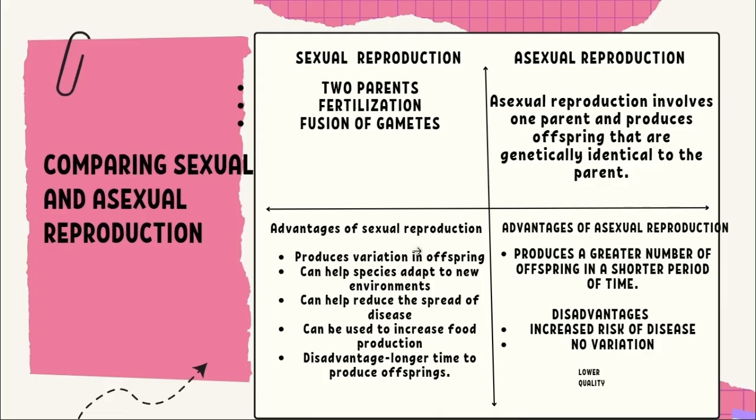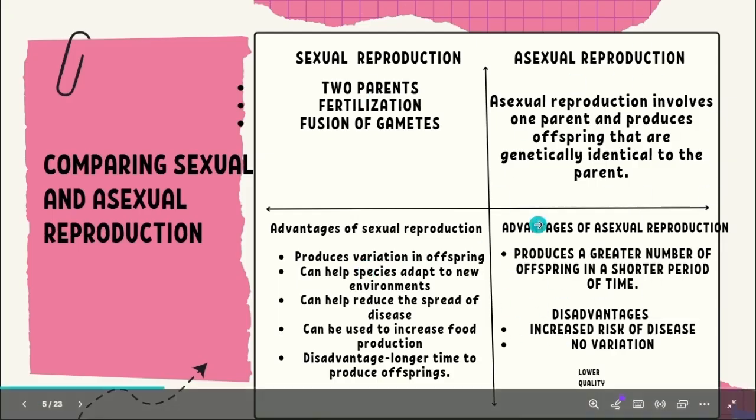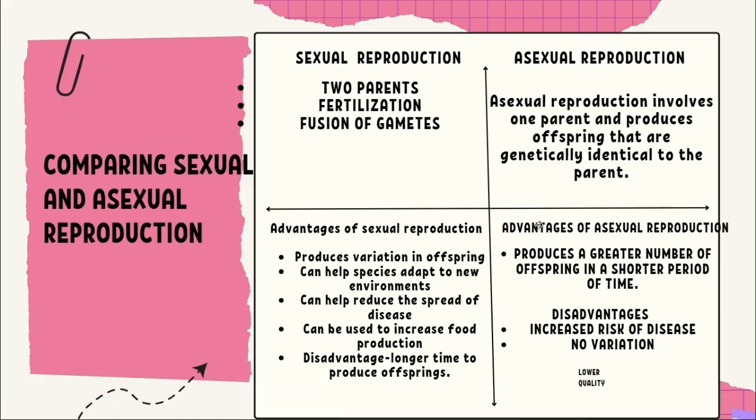That at the end of the day, they both have their advantages and their disadvantages. Variation is very important in sexual reproduction, and asexual reproduction can actually produce a larger number of offspring in a shorter period of time. For example, the plants: a plant produces 20 plants in the time when a human is pregnant, 9 months with one child, or two children maximum, typically. In the time it takes to have that one or two children, the plants produce so many other plants